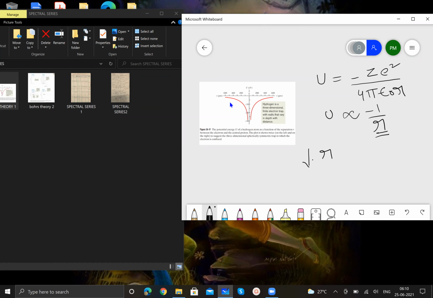With the decrease in R, the potential energy increases, because more and more work will be done to prevent the electron from falling into the nucleus as its distance from the nucleus gets closer and closer. Therefore, the electrons present in the orbits very close to the nucleus will have higher energies than those staying a little farther. So this is the inference we can draw from this graph.